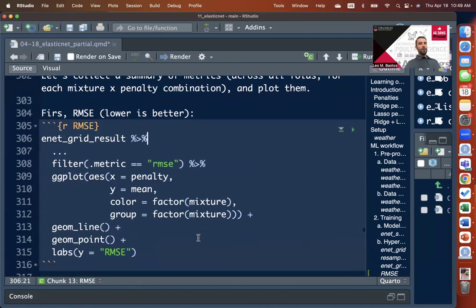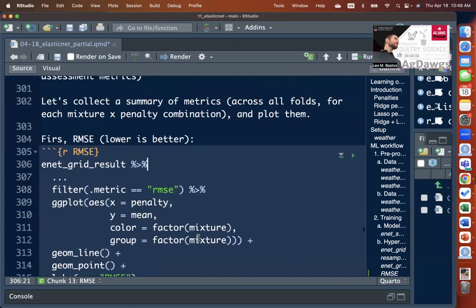All right, so I want to show you here how we can easily pull a summary of these metrics and plot them so we can visually assess what was the best combination of hyperparameter values that optimize either RMSE or R square. I gave you most of the code there. I just have 3 ... on the second row, where I want to bring here, if you delete that,